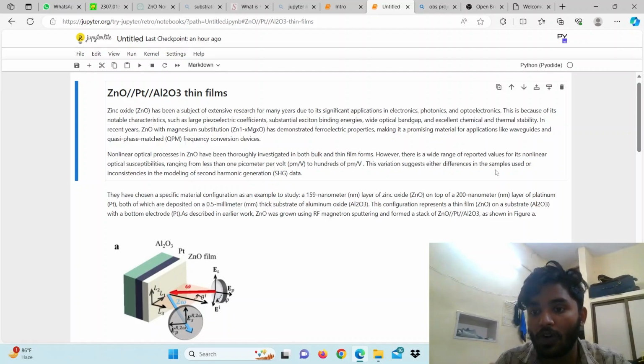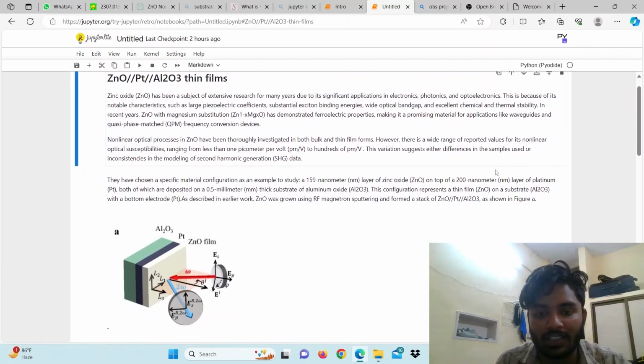which is placed on top of a 200 nanometer layer of platinum, and both are deposited on a 0.5 millimeter thick substrate of aluminum oxide. This configuration is a thin film ZnO on a substrate of Al2O3 with a bottom electrode Pt. As described earlier, ZnO is grown using RF magnetron sputtering and formed a stack of ZnO Pt Al2O3